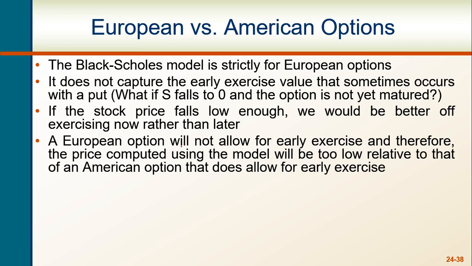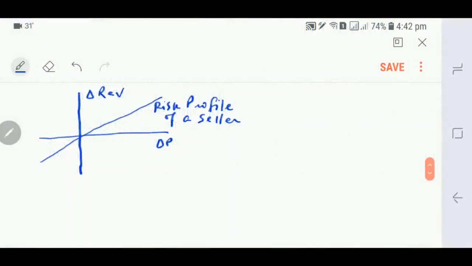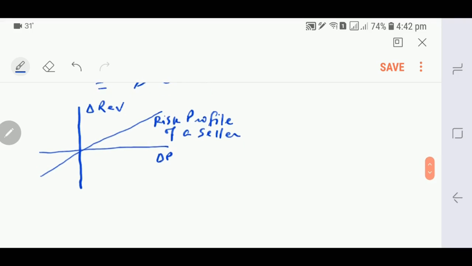So let me go back to the writing tool and we will talk about it there. Let us conclude this session by talking about the use of options as a hedging tool. You will recall from the previous topic that we considered a cereal manufacturer who wanted to lock in the selling price of cereal boxes, and the risk profile looked as what I've already drawn for you to see here,